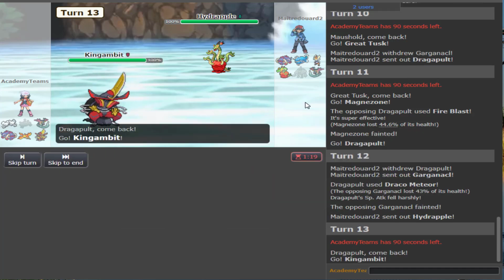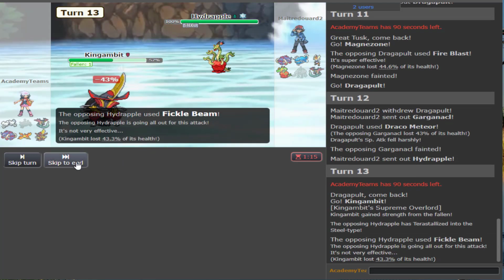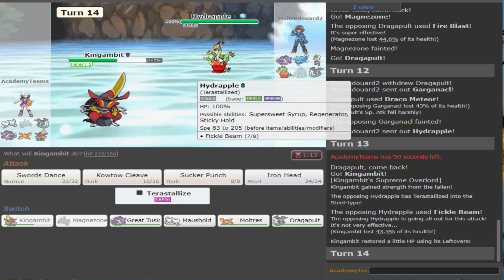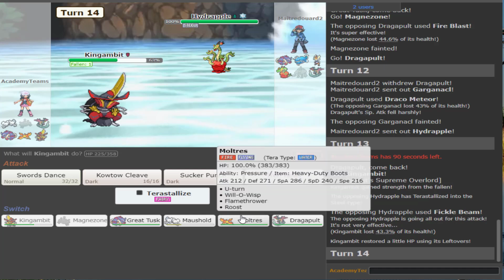Gambit's mid. I'm willing to Gambino here, especially Fallen 1, Terra Steals. He gets the maximal hit on the Fickle Beam. I think that might be Specs. Well, Fickle Beam with the boost is one. That's just a really powerful move. I'm actually really glad that he terrestrialized there, because what this does is allows for me to pivot into the